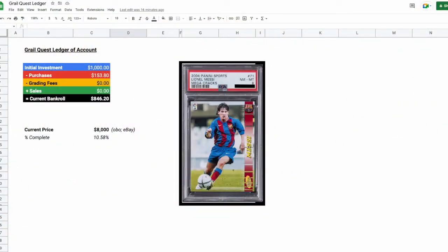All right, guys, let's take a look at where we stand from a total bankroll perspective after these initial purchases. So it's a summary of our ledger. We have basically a $1,000 initial investment, total purchases of $153.80, and those are the cards that I just showed. We don't have any grading fees thus far. We will send some of these cards in for grading, but PSA at least won't charge us until the cards are actually graded and sent back. So we likely have a few months of cash flow there. And then we haven't made any sales just yet, so those are zero. So our current bankroll, you can see, is